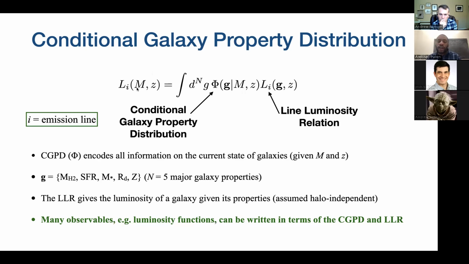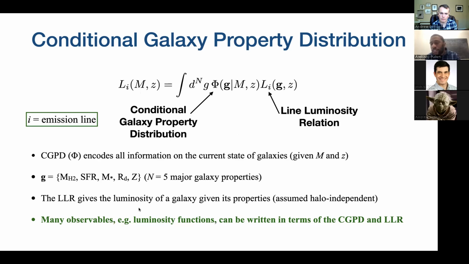And so the key thing is that we want to be able to construct models of this distribution, construct models of what we call a line luminosity relation that relates galaxy properties to luminosity, to spectra, and then use that information to backtrack an observation to measure this distribution. So in our semi-analytic model, basically there are 5 parameters that govern